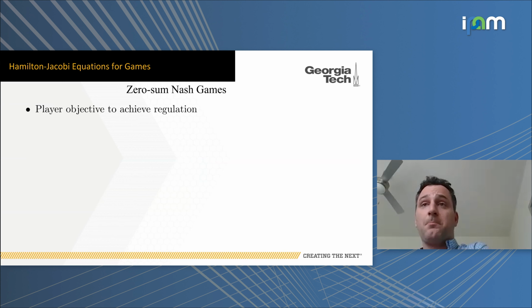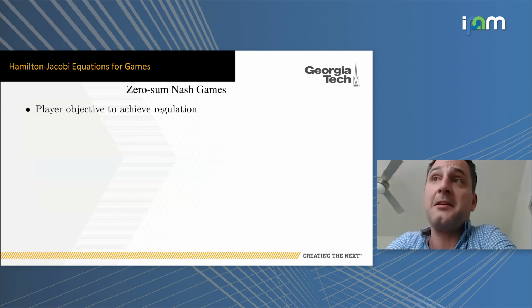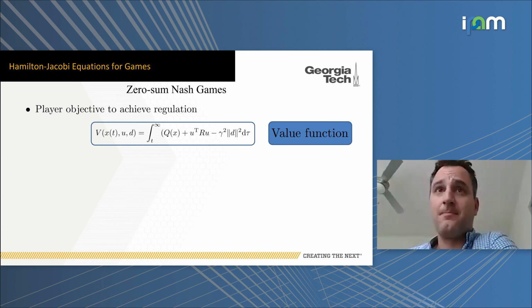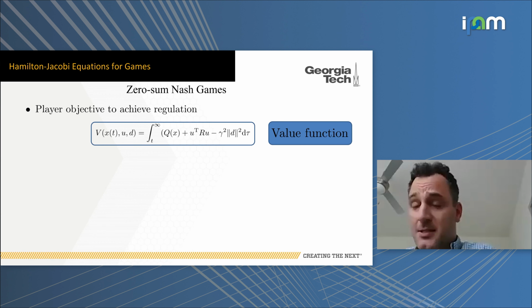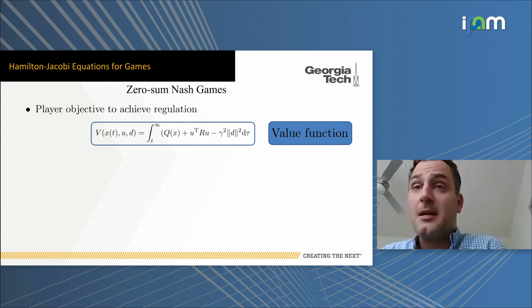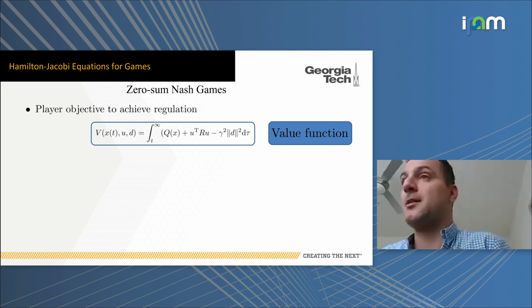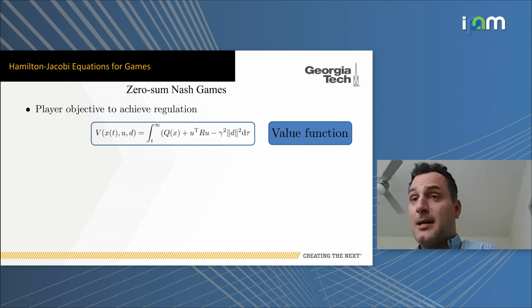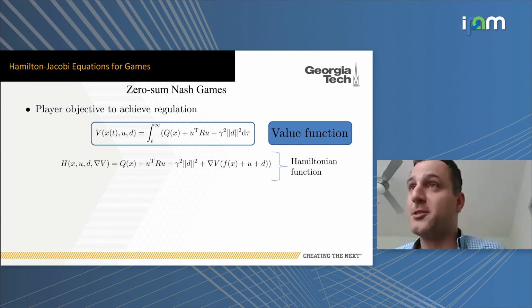Okay, so in controls, let's say I want to achieve regulation. In controls we like mostly to stabilize systems, so let's say that I want to go to the origin. Okay? So as I said, now we will define the value function. Q(x) is a nonlinear function of x. u transpose R u is how I penalize my control. And then minus gamma squared d squared is the worst-case disturbance. That's why we have the minus there, because we want to make it concave. Okay, so as controls people, we want to find first the Hamiltonian functions.